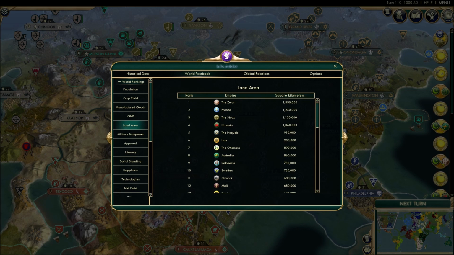Land area, again, pretty similar to crop yield. The Zulu, France, Sioux, Ethiopia, all with over 1 million square kilometers. Then we've got the Iroquois, Jar, Ottomans, Australia, Indonesia. What a surprise that is. Don't normally see them in this list. And Sweden. Military manpower, the Zulu lead the way just ahead of Ethiopia, which is good news, because it's someone